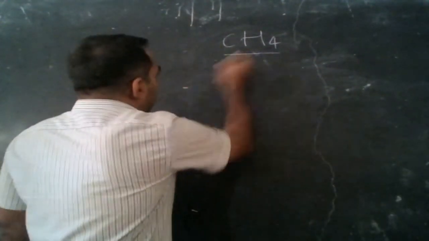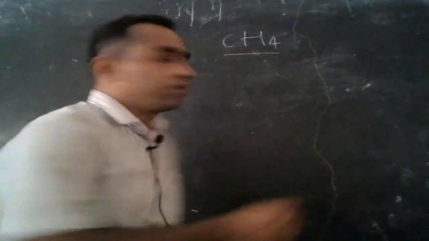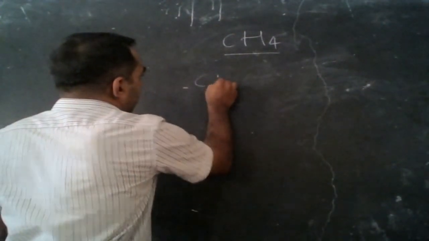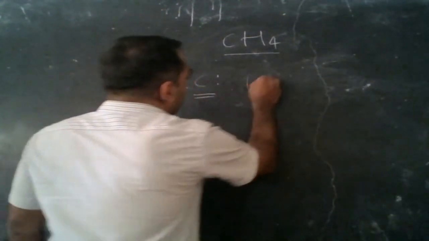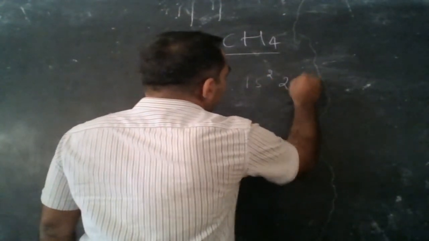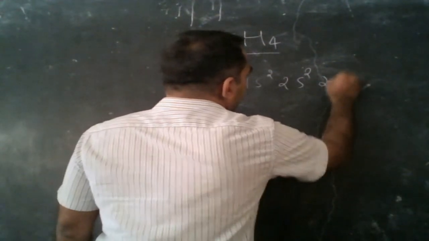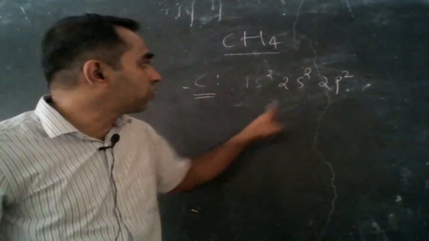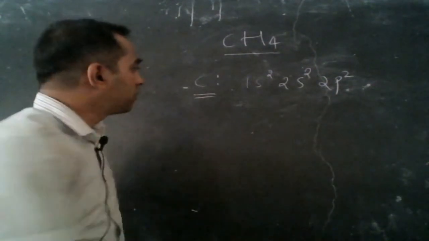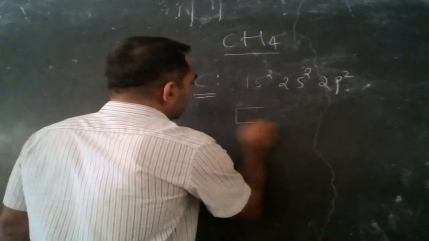Now, look at the formation of methane molecule. Consider this carbon atom, which is the central atom, having electronic configuration 1s² 2s² 2p², because the atomic number is 6 here. So, 1s² 2s² 2p². If you see the block representation,